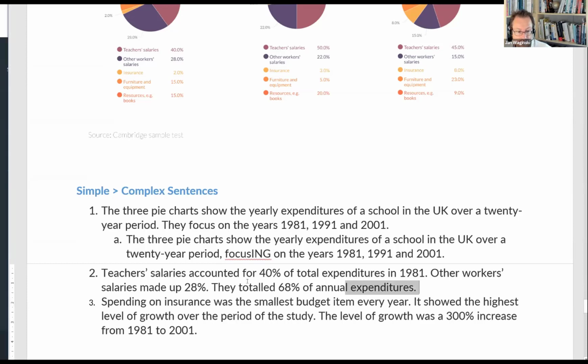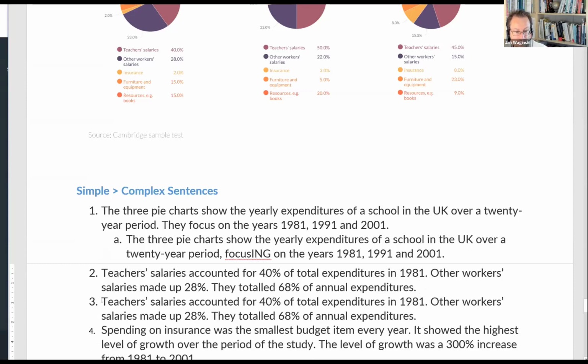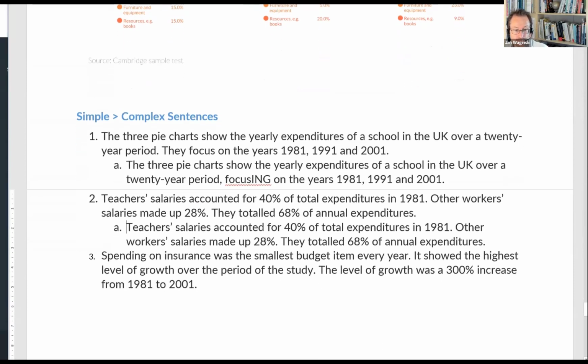Amar, teachers' salaries accounted for 40% of total expenditures in 1981. Other workers' salaries made up 28%. They totaled 68% of annual expenditures. How do we put this together? Teachers' salaries accounted for 40% of total expenditure in 1981, comma. Other workers' salaries, I can